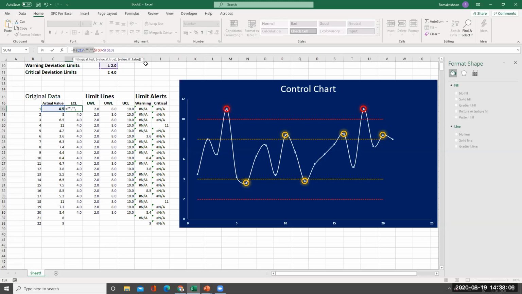Control C. Here. Similarly for LW also, I'll add this. Control V. And you will also put here. Here also I'll put here. Control V. And here also I'll put here. Control V. Here. And the last 2 columns also I'll have to put here.